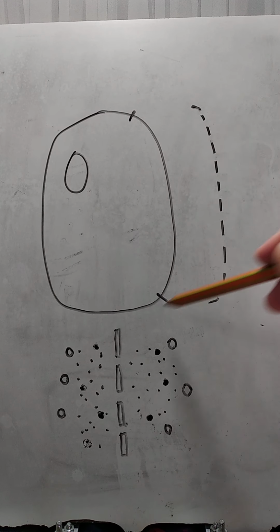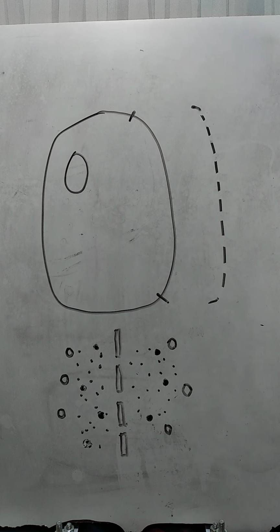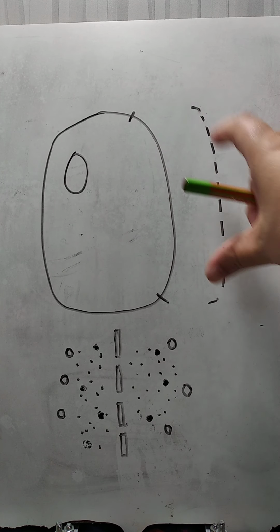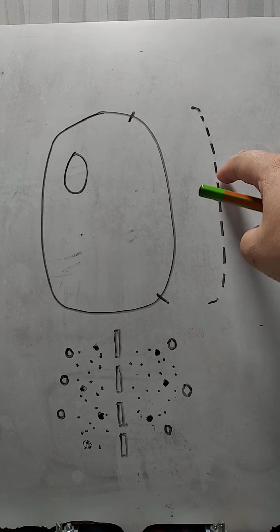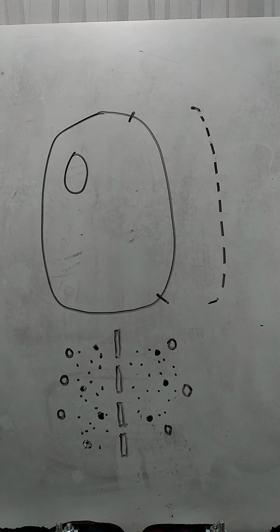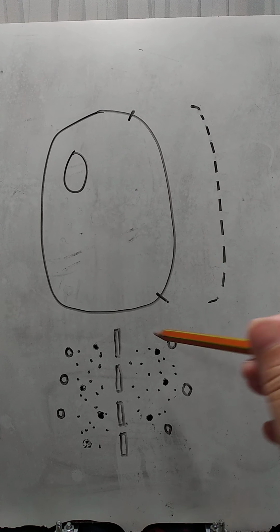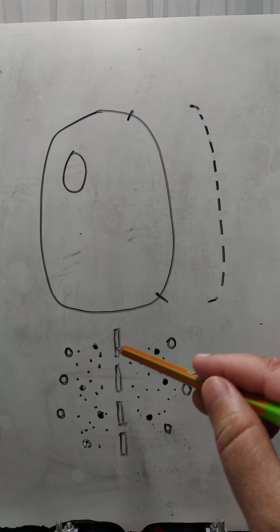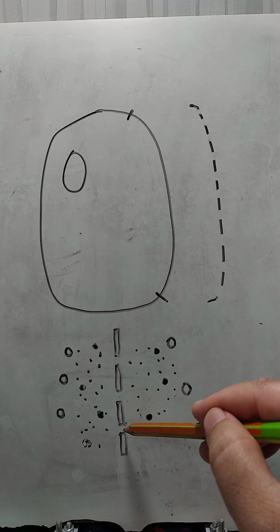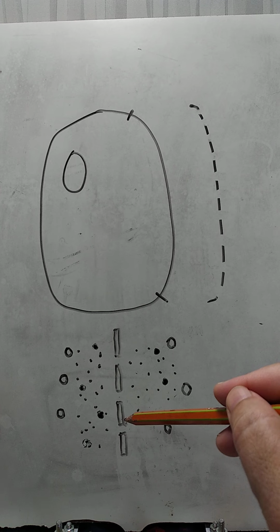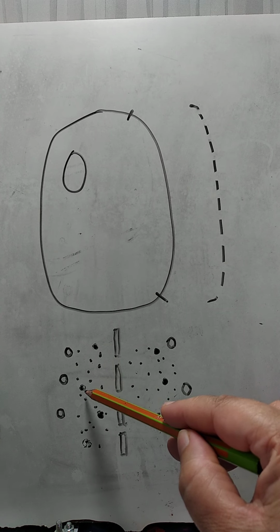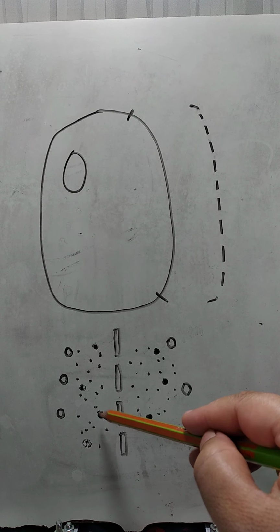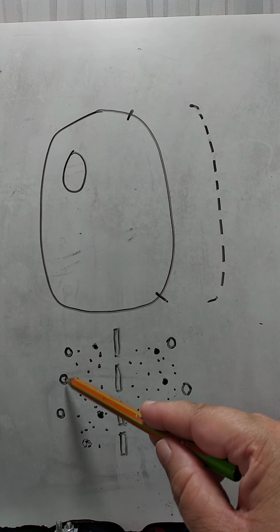Okay, so this is any cell and this membrane is nothing but our plasma membrane. Now if I select this much portion of plasma membrane and just zoom it, it will look like this. It means that it looks porous. See, you can see the pores over here, right, through which particles can move in and out of the cell, right? So if I zoom it more, it will look like this. This is a membrane which has pores in it. Now, the meaning of selectively permeable is, see, here these are very small particles, then bigger than that these are the particles, and the biggest particles are these particles.